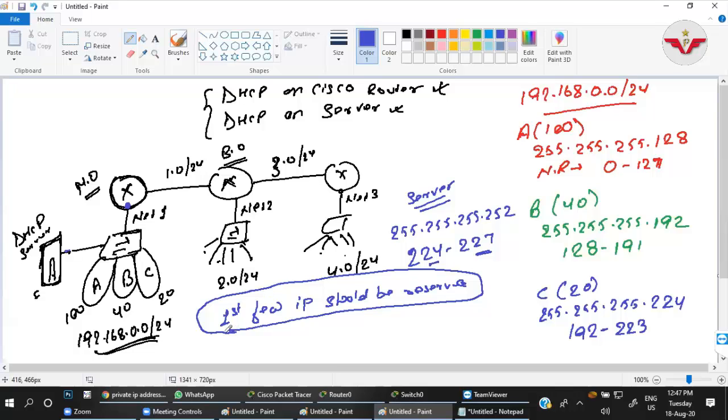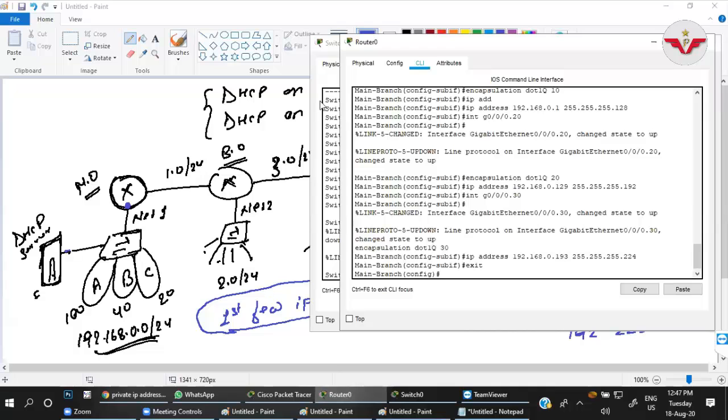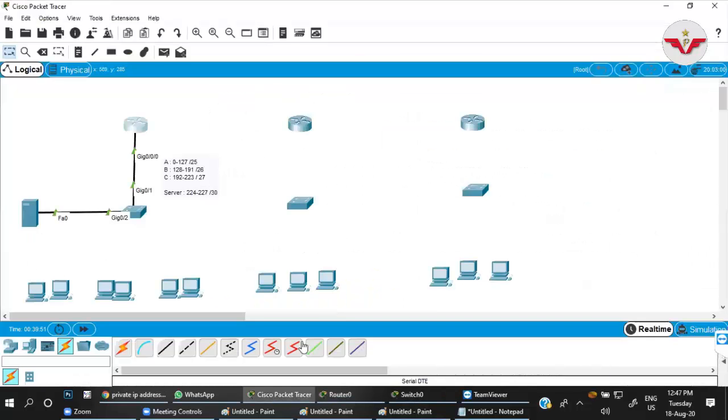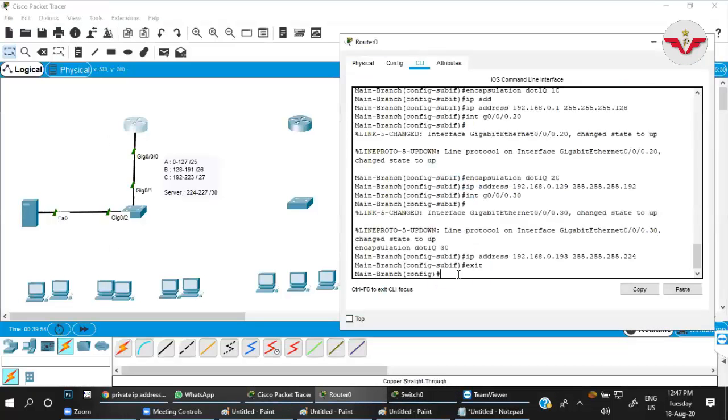So I will reserve a few IPs of every network so that I can provide them later to any devices whenever I require. Okay. So now, for VLAN 10, let us configure the DHCP server on the router.